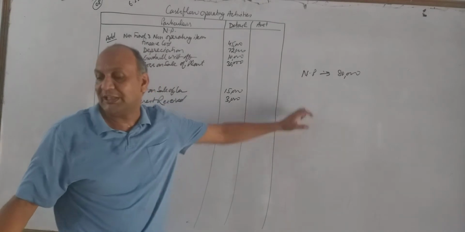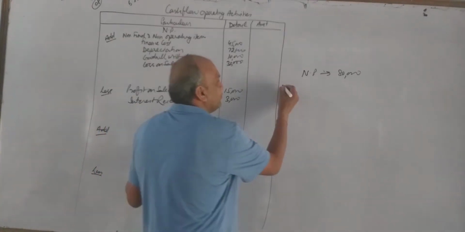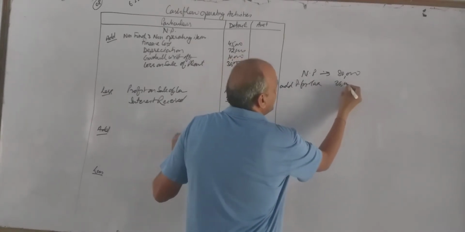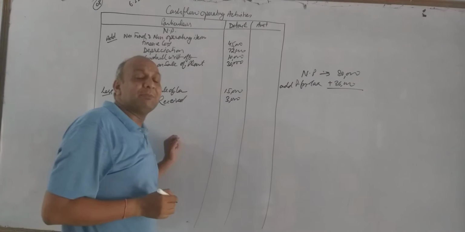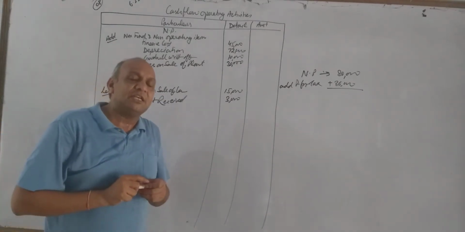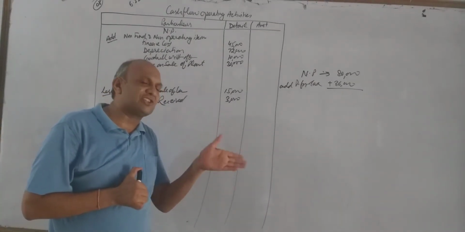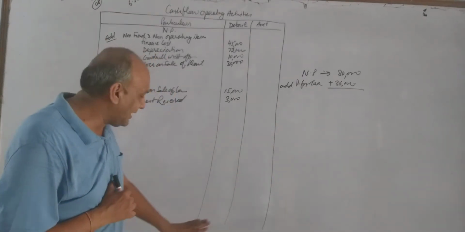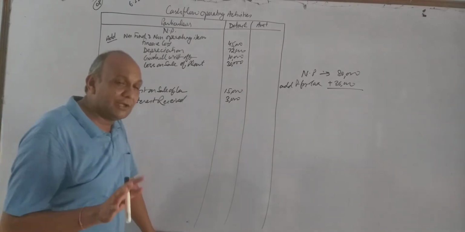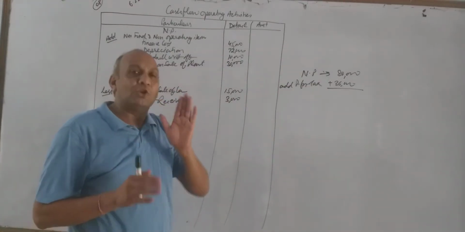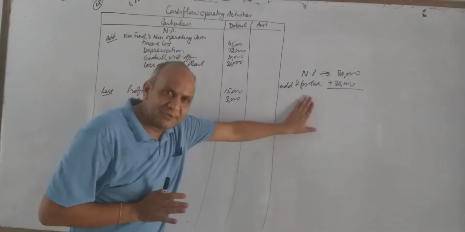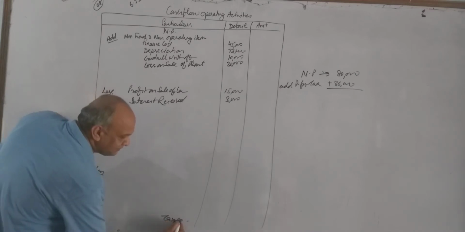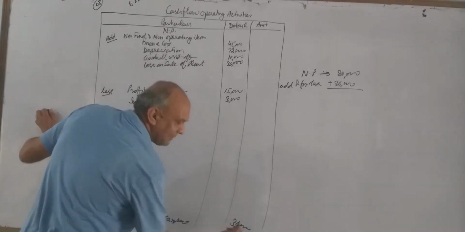So here we have given tax only 36. So what we are going to do? Add, we will give this name provision for tax 36. If you remember, in my previous video we were having balance sheet. In balance sheet we were having provision for tax for last year as well as current year. So what we were doing, current year tax we were adding over here, and last year tax we were deducting over here. But here we have given only the one figure, that is 36. So we will assume that same provision has created and same is to be paid. So at last we will deduct tax paid 36,000 rupees. Same amount we will consider.